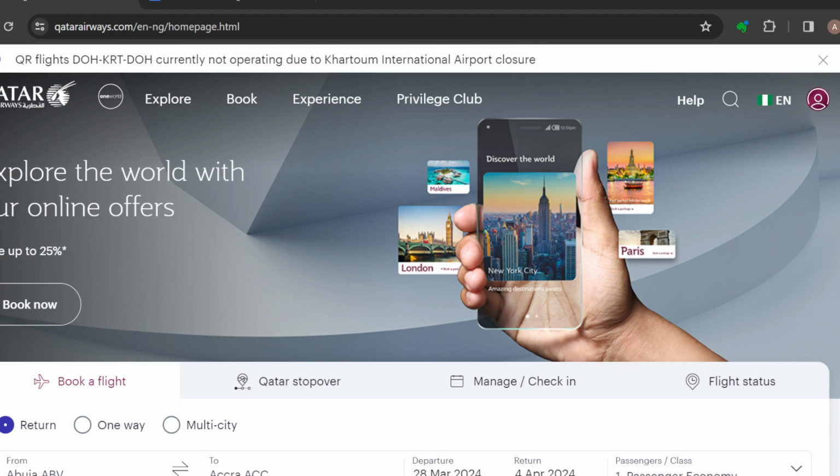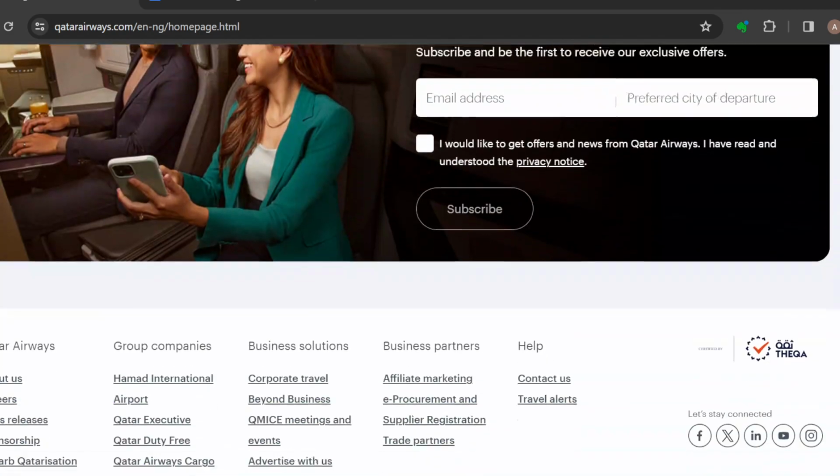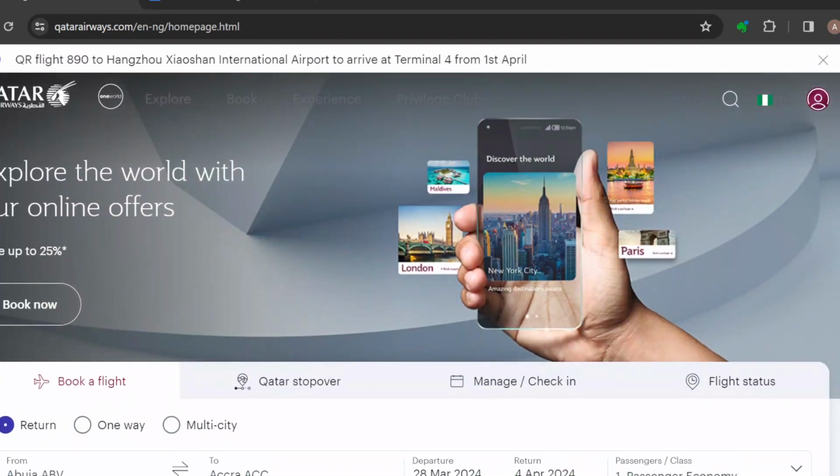So how do you go about it? The first step is to log in to your Qatar Airways account. Once you're logged in and brought to the home page, at the top part of the screen you'll see a set of instructions being displayed, and below it you see some tabs which include explore, book, experience, privilege club, and by the time you scroll down you would see other options as well. So once you can see all of this, the next step is to